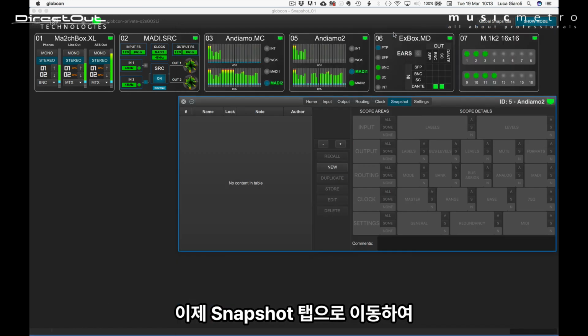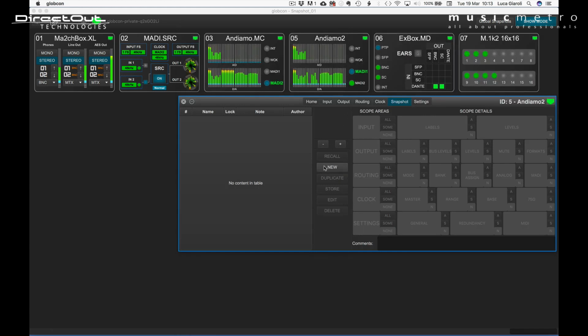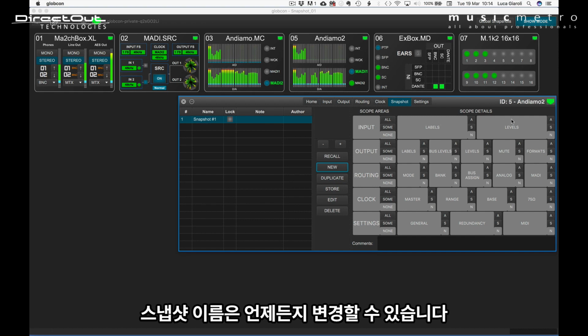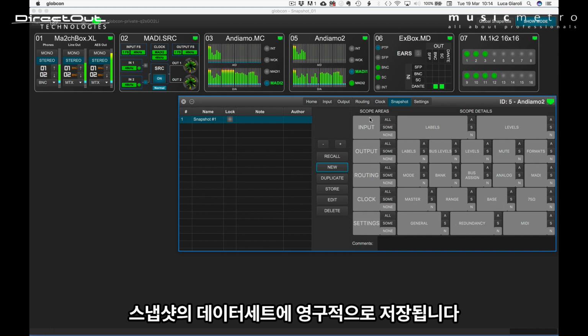Let's move now to the Snapshot tab and press the New button to create a new snapshot. The newly created snapshot automatically gets a default name followed by a dash and a number. It can obviously be renamed. All the parameters controlled by globcon with the current values are permanently stored into the dataset when a new snapshot